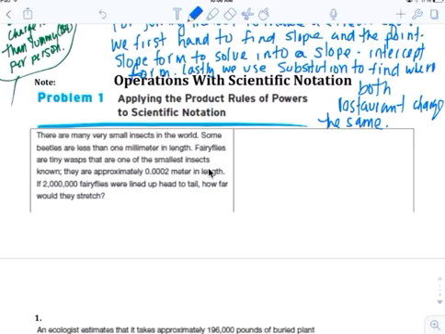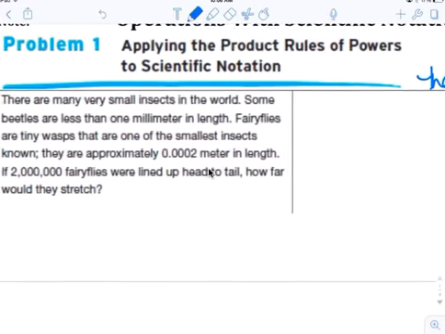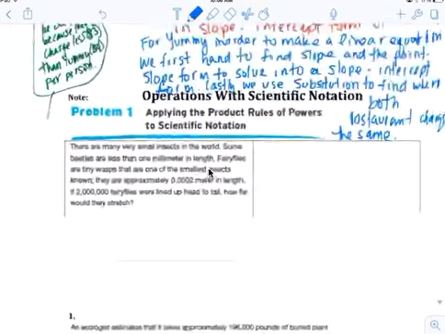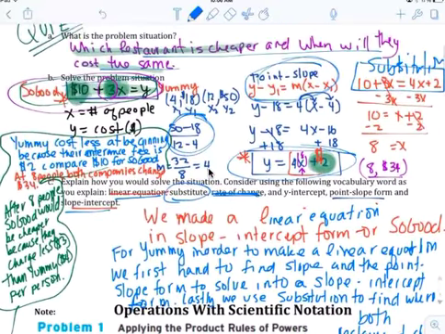There are very small insects in the world. Some, let me post this, and then I will